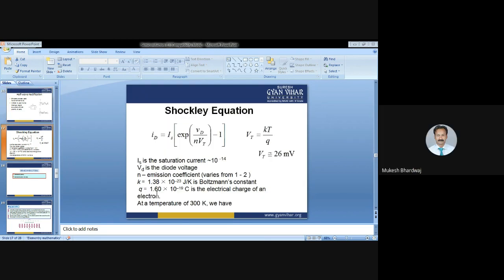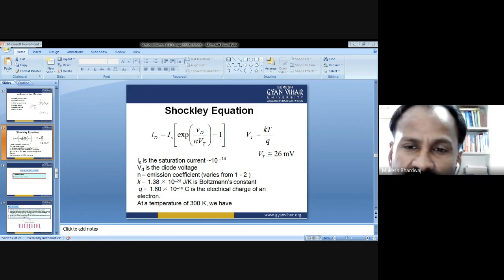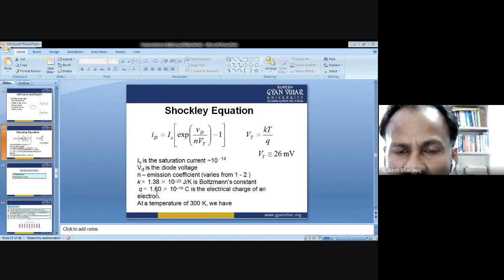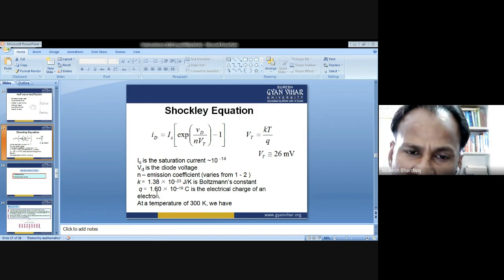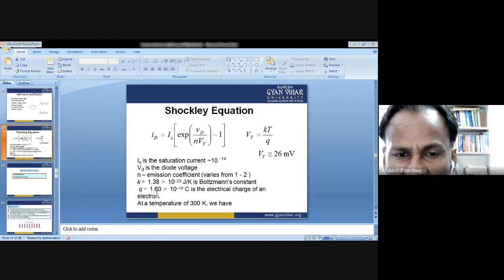This is the Shockley equation, the current-voltage relationship given for a diode. According to Ohm's law for a conductor, we had seen that V equals IR is given for conducting material. But for semiconducting material, V equals IR does not hold good. The equation representing the current and voltage relationship is ID equals IS times e raised to the power Vd upon eta Vt, minus 1, where Vt is known as kT by q,